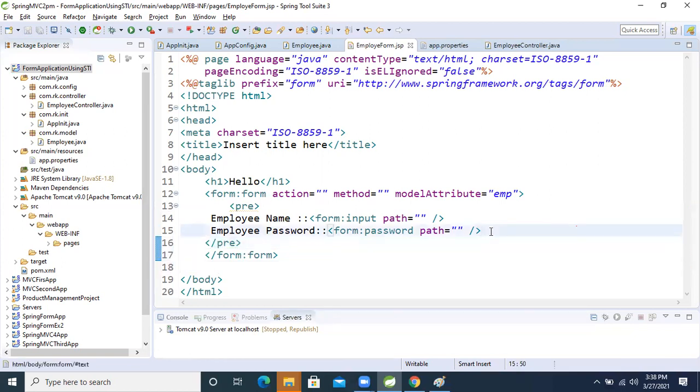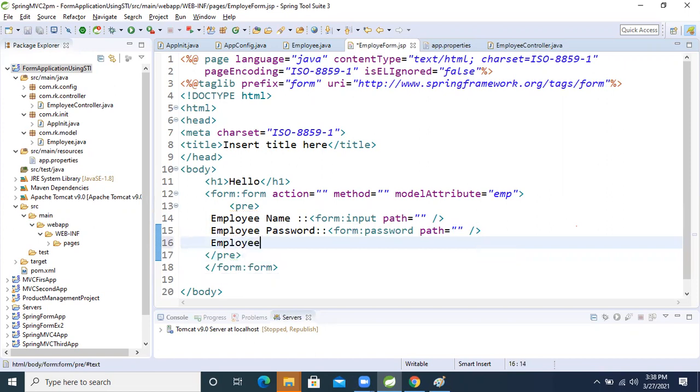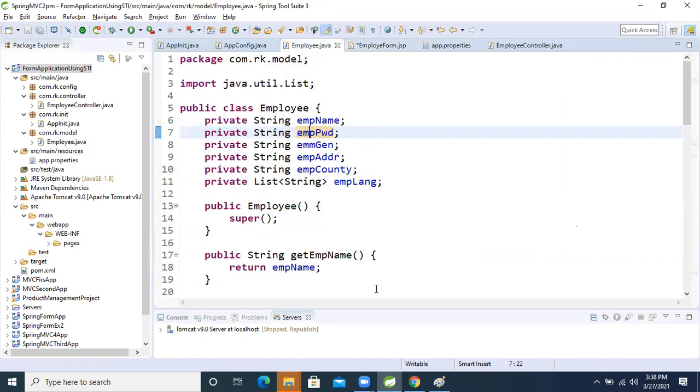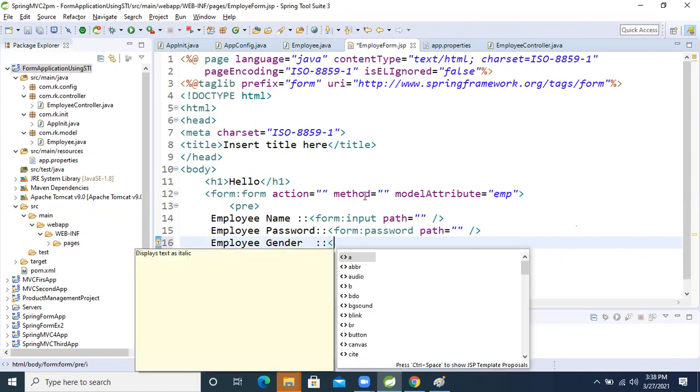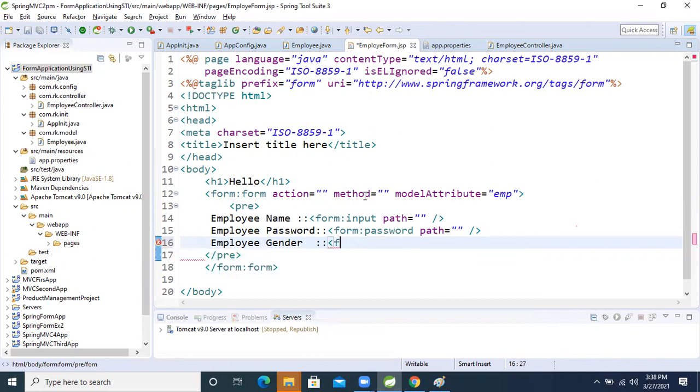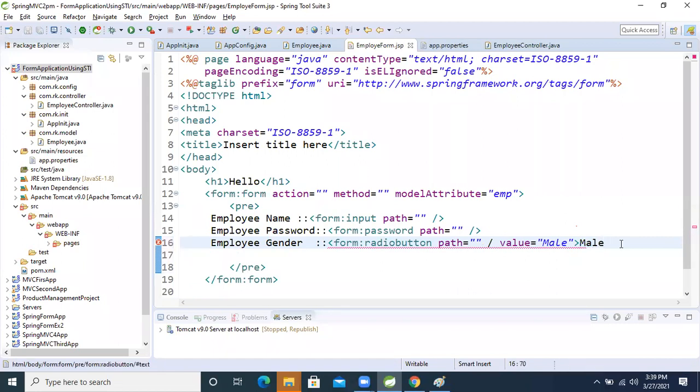Okay, another one is what? Employee model data, emp gender. So we need to take radio, right? Form colon radio button. Here we will give the value male. Another one more radio button we will take.